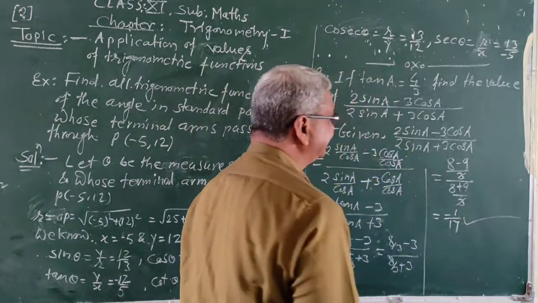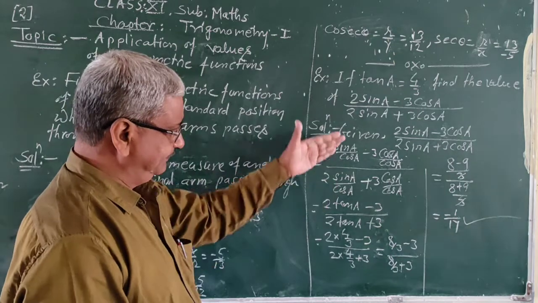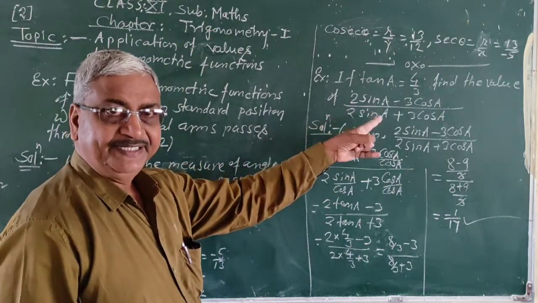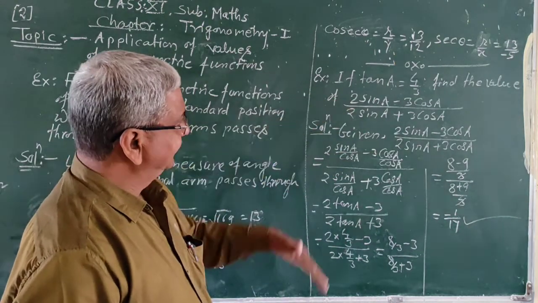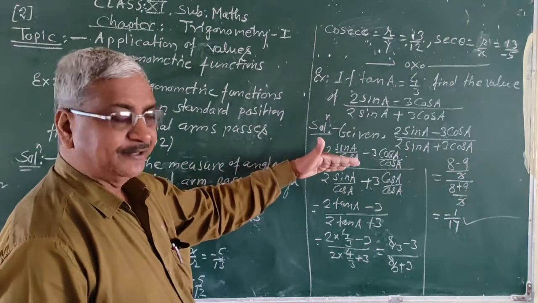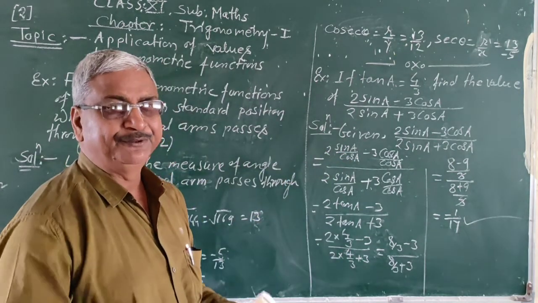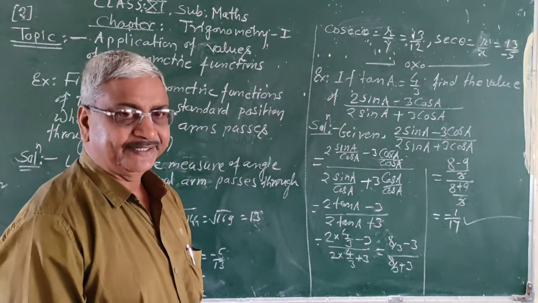So in this way, using these trigonometric ratios and the knowledge that we have obtained previously, we can solve any trigonometric problem of any type using the trigonometric ratios. So are you getting this? It is a very easy part if you know the table and this technique and these different trigonometric ratios.